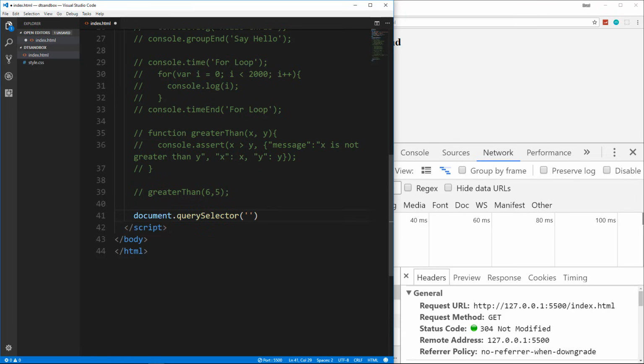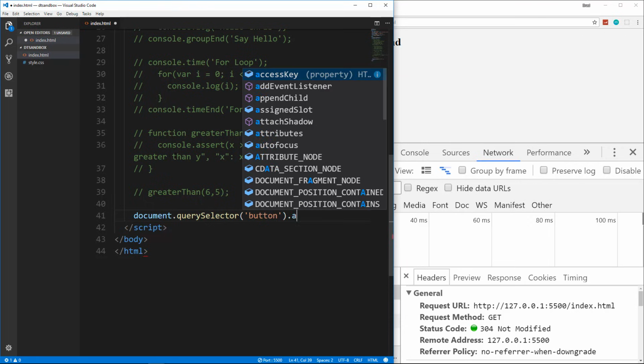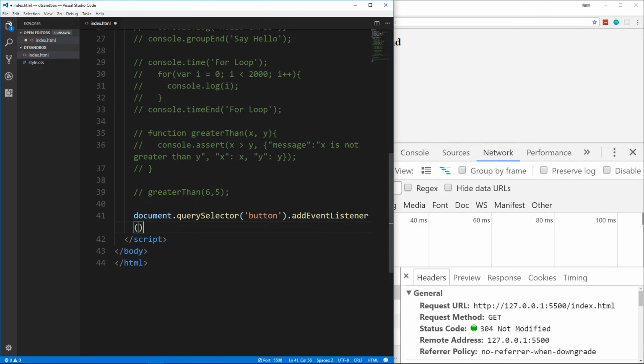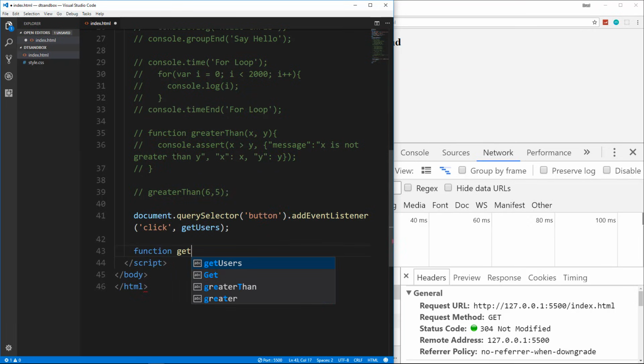We want to select the button, so query selector button, and we want to add an event listener. We want to listen for a click, and then call a function called get users. Actually, we don't need that. All right, so then we'll create a function called get users, and what this is going to do is